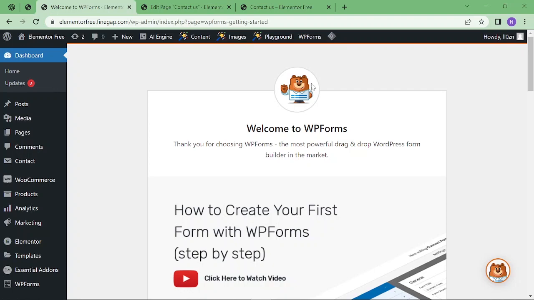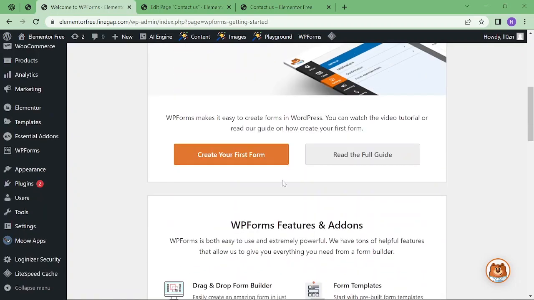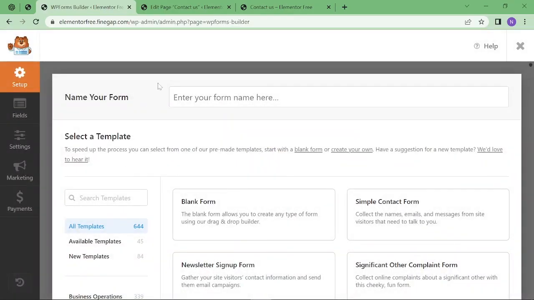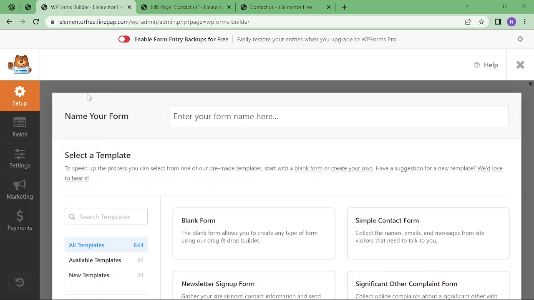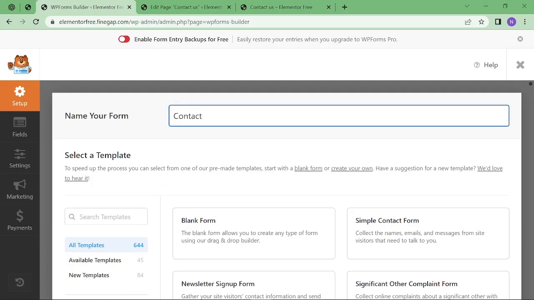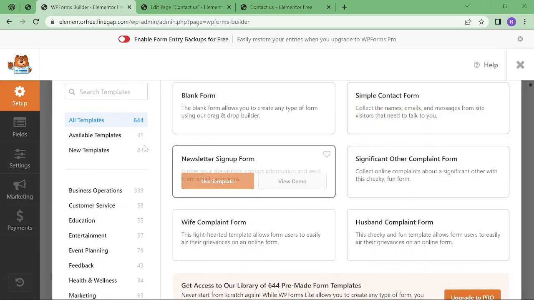I like this plugin because of the logo as well. It is the cute one. So just click on create your first form. It just redirects us to another page, and it is also UI friendly. We just need to put the name of the form, contact, and we can select the templates, and here